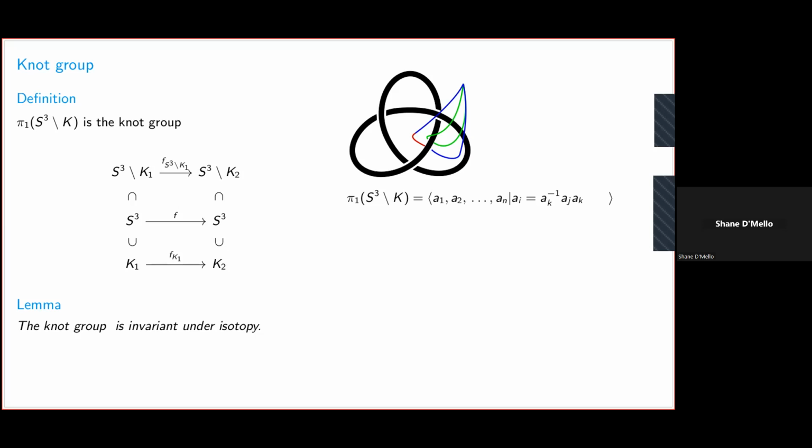So it seems like we've made a great deal of progress, except the problem is that we have only transferred the problem from knot theory to group theory. It's a known problem that, given two different group presentations, it's very hard to know whether they represent the same group or not. It's very hard to tell by just the generators and the relations. It's a word problem. And so we haven't really made too much progress in this regard, right?